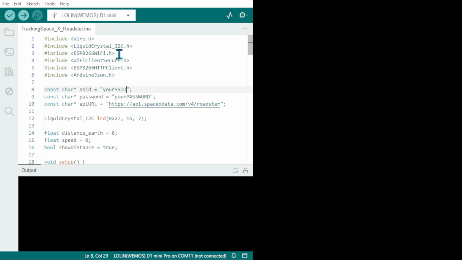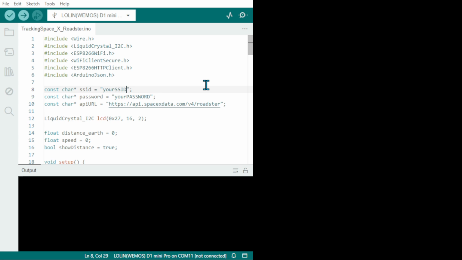The LiquidCrystal library is to initialize the LCD 1602 I2C. Then you have the ESP8266 WiFi, obviously, and Wire.h, which is to wire your pins when needed